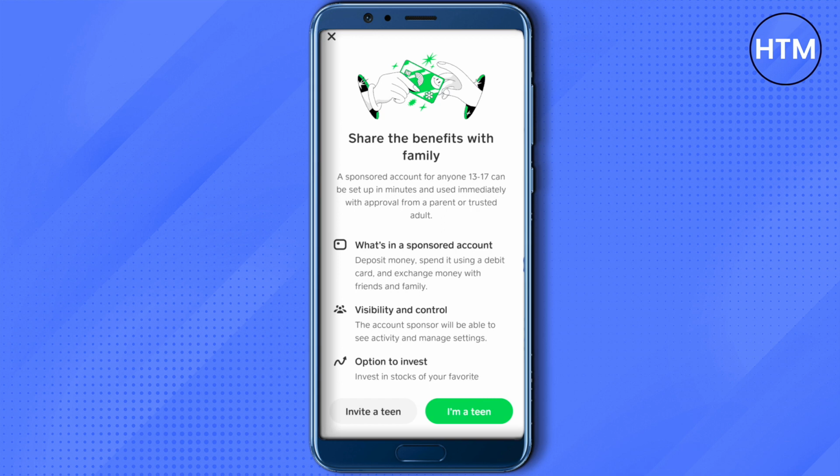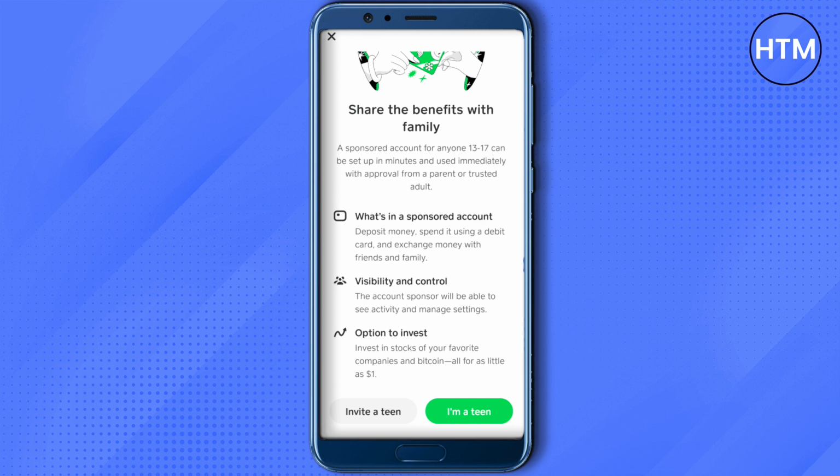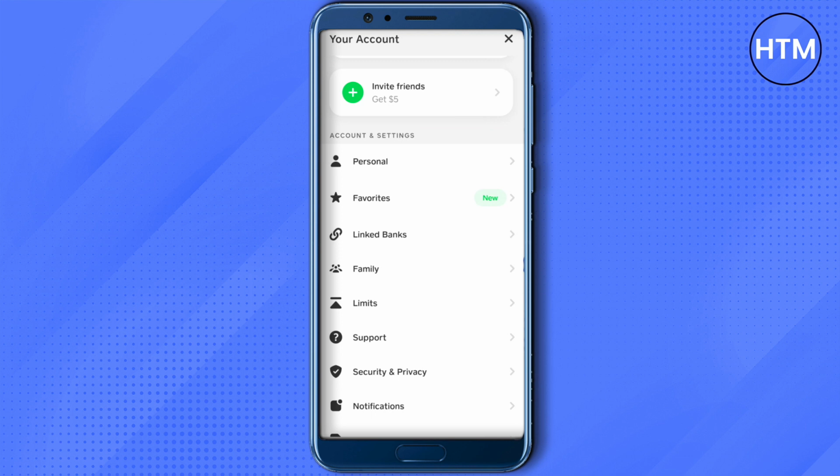So you need to keep this in mind, and you will be able to spend any money of your choice wherever you want, but your activities will be seen by the person who has sponsored your account. So just click on the I am teen button over here and verify your identity, that whether you are an actual person or not. So just verify yourself,